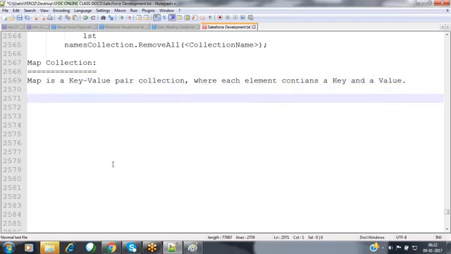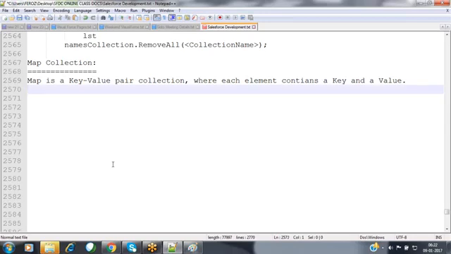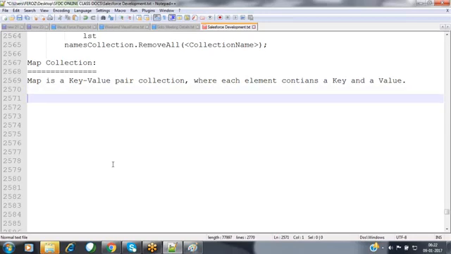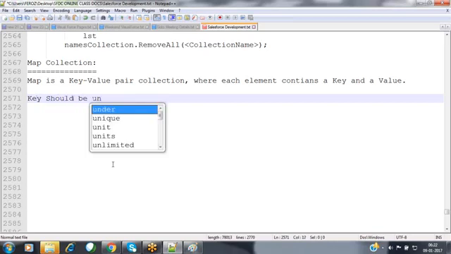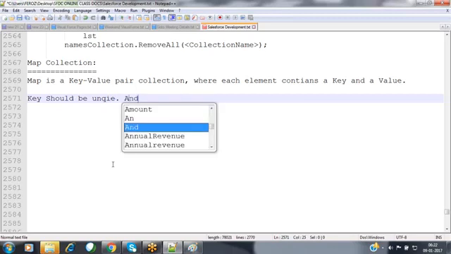Each and every element contains a key and a value. Whenever you are adding an element, for every element we have to supply the key as well as the value. Now in this case, the key should be unique.